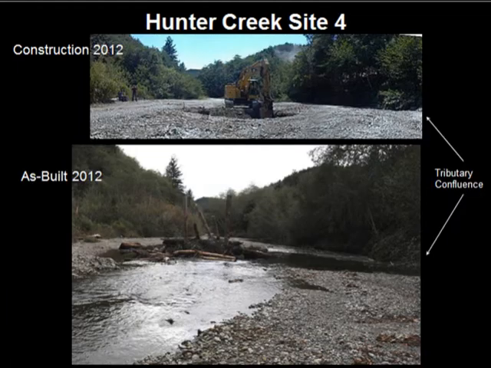So moving further downstream, the preconditions are just a plain bed channel, very homogeneous, very unfriendly to fish. We call these bowling alleys or jeep roads, but this is actually the creek bed, and it goes subsurface during the later time of the summer. So we add a bar apex jam near a tributary confluence, and immediately we get a deep scour hole on the right bank, a high flow side channel on the left bank, and we're starting to rack drifting material.